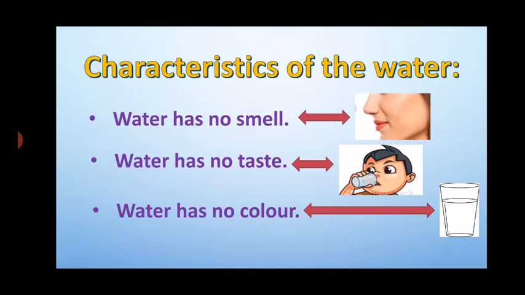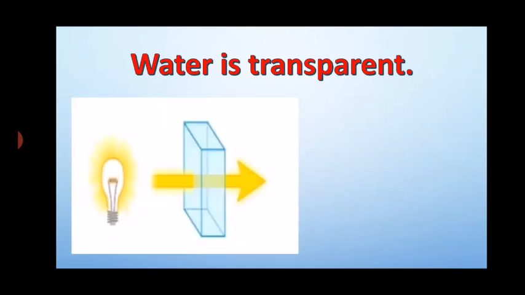Along with this, there is one more quality of water that we will see now, and that is water is transparent. Now, what is the meaning of transparent? Transparent means that you can see through water. Now look at this. There is a bulb here, and the bulb is burning bright, and there is a glass kept in the middle, but you will see that the light of the bulb